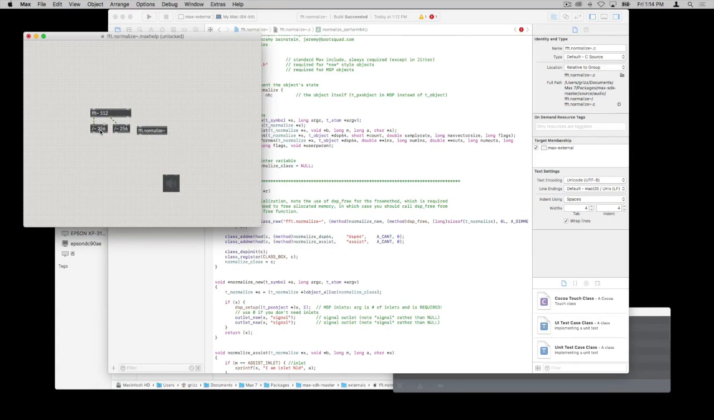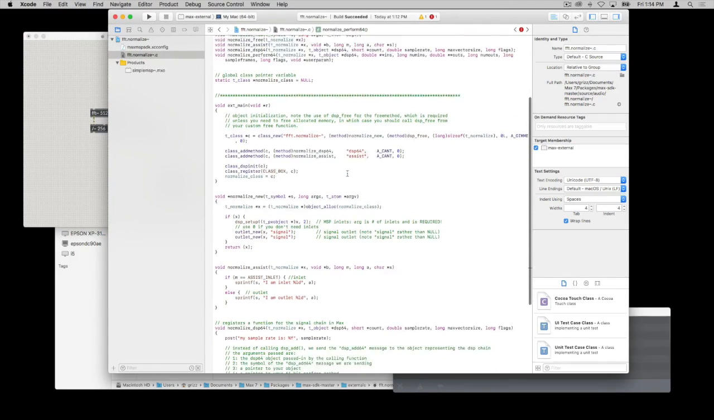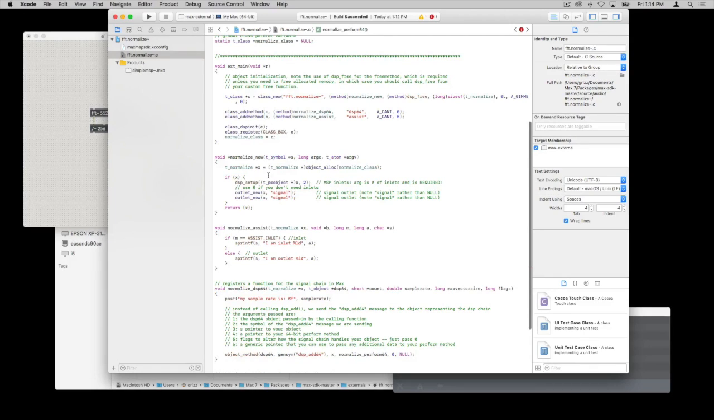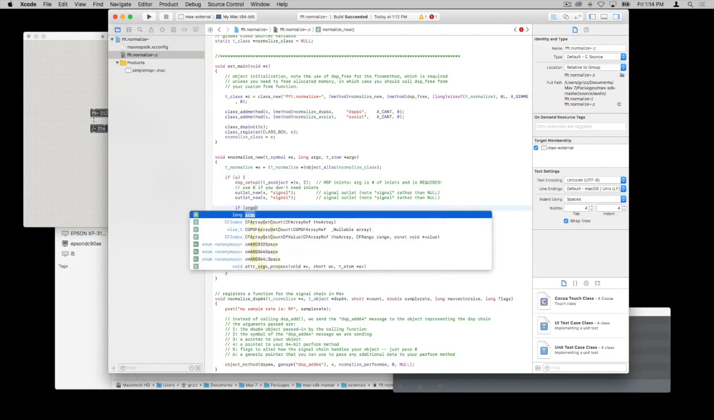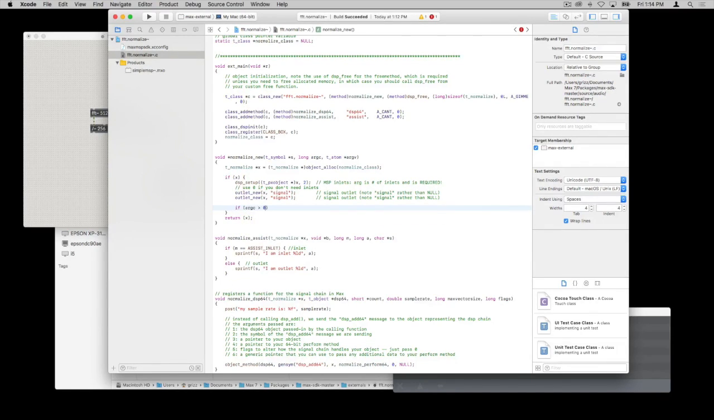So remember, we want to divide by half the size of our FFT. If we want our object to take an argument, which is the size of the FFT, the arguments to our object can be accessed through this pair. argc is the count of the number of arguments. argv is the actual vector of the arguments. So what we can do is we'll say if argc is greater than 0,